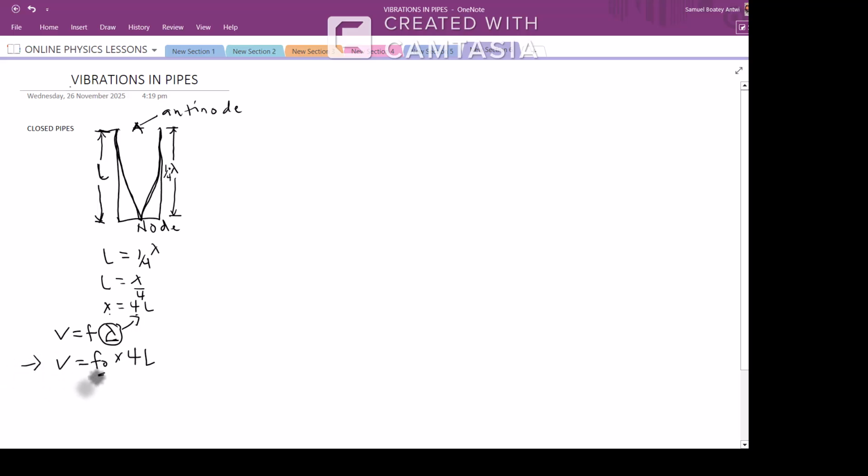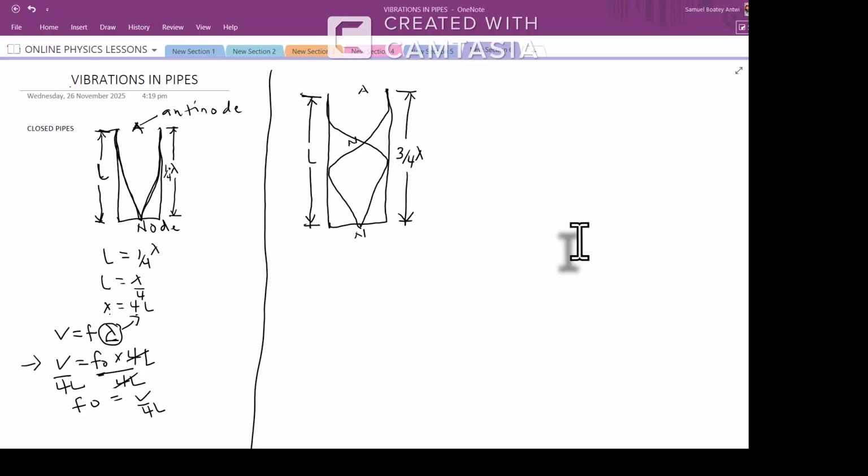So this is the expression that we have at the moment. But because we are looking for the fundamental frequency, we make the fundamental frequency the subject. So we go ahead and divide here by 4L, divide here by 4L. These cancel out. And f naught equals V over 4L. So beyond the fundamental frequency, if we want to find the first overtone,